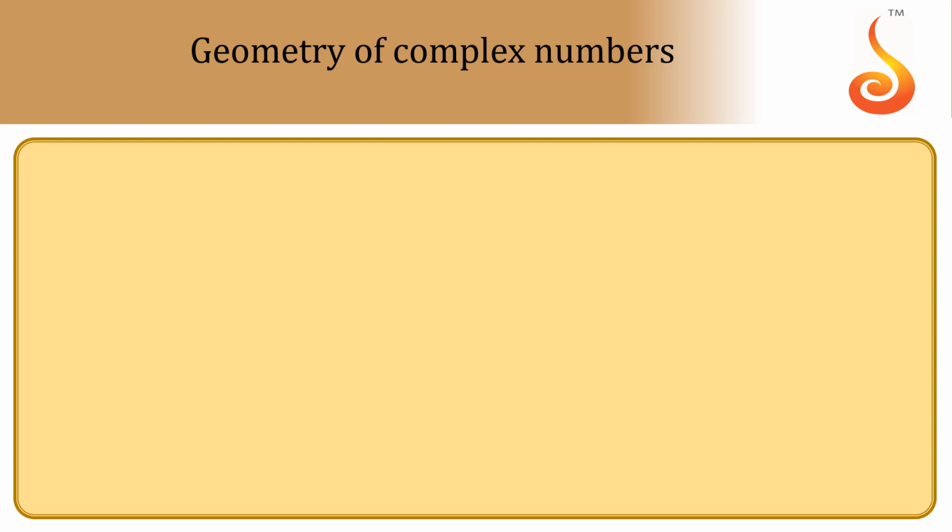Geometry of complex numbers. Already I told about what geometry is, but here I want to tell you a very important thing. Suppose I take two complex numbers, this is A of Z1 and B of Z2. I want to join them, and this is the vector AB. Now if I shift it parallelly to the origin, meaning I make this vector shift parallel so that the initial point is at the origin, what will happen?